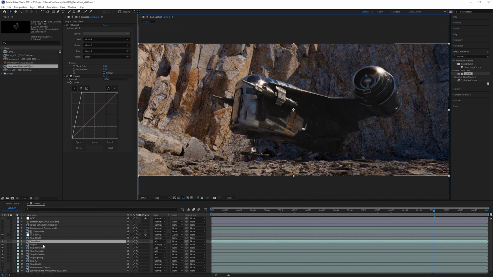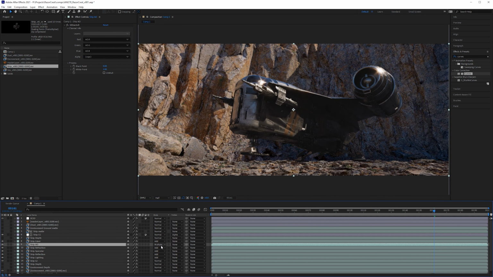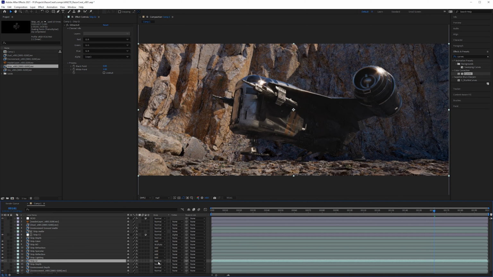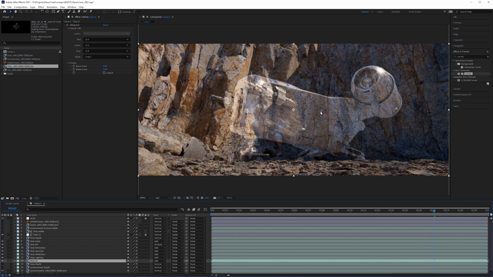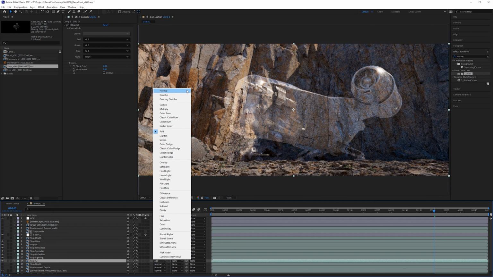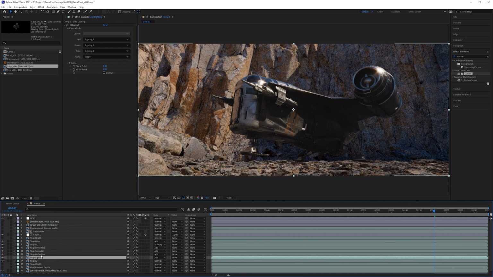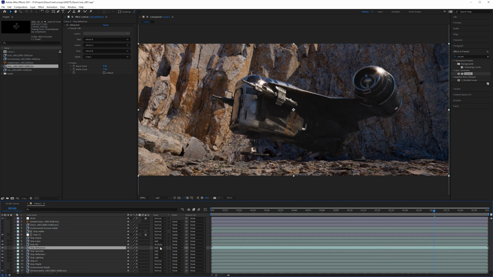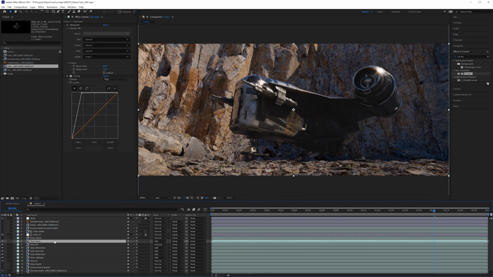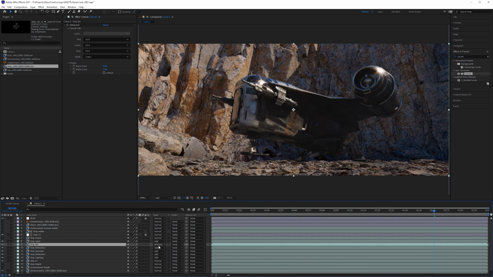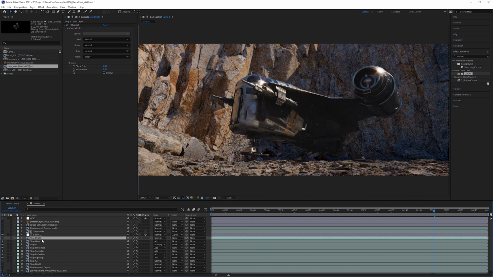All right, moving down on the AO, make sure this is multiplied. And just take note of all of these. If in the previous lecture you didn't do all of the steps, make sure that ship GI is normal. It must be normal. If it's additive, it's going to look very bizarre, okay? That needs to be normal. Lighting, reflection, specular, and refraction are all additive. So is the glare, that's additive. Then ship AO is going to be multiplied. And we haven't done anything with the depth yet, but we'll do that in a moment.